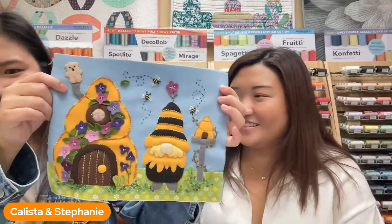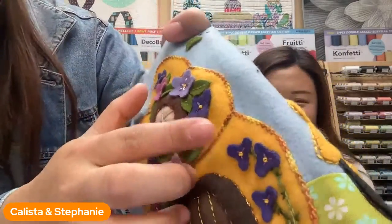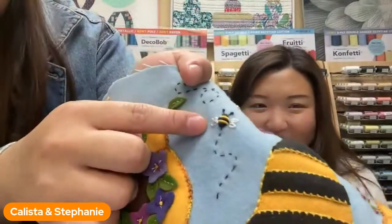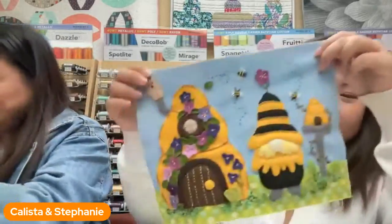It's so cute. And like what I was mentioning earlier, you can play with all these different types of weight. So right here, this is like a 5 weight, and then you can put 8 weight here. And I think we also have dazzle on the bee on all our little bee wings. So we're currently assembling this at our office. It's kind of becoming a project after work, but I just wanted to bring these over. Do you want to hang on to one of those to just show